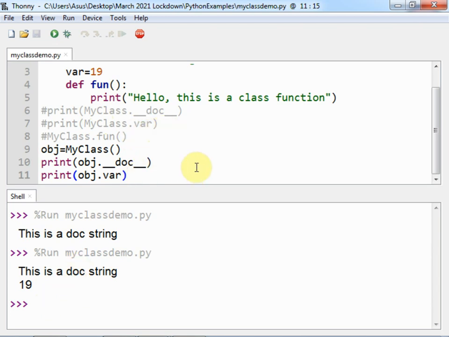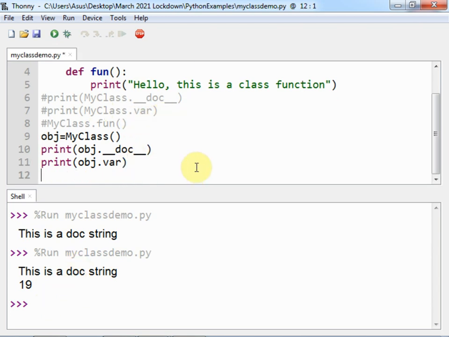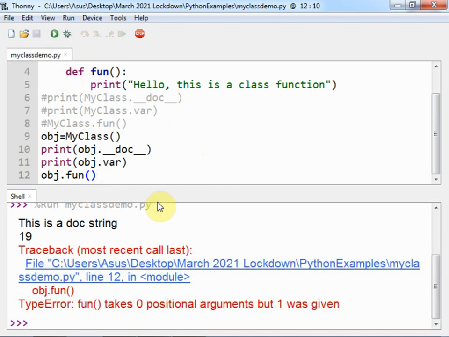But now when I try to call the function, for example obj dot fun, it will give you an error, because while you write or define the function inside the class, you have to pass here a self parameter, which will be the object of that class. And whenever you pass this self parameter, at the time of calling, it will be replaced by the object itself.